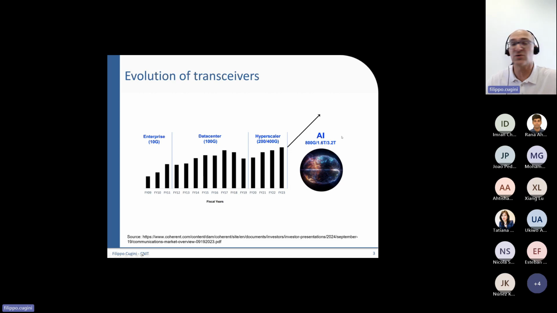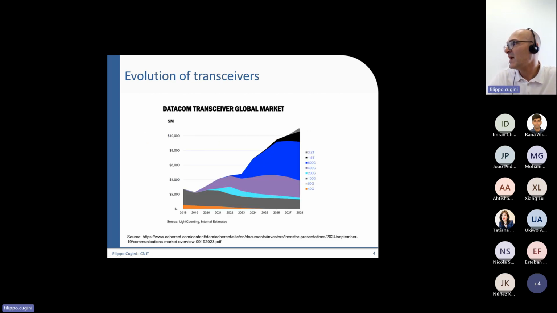So the telco sector, the telecom sector, can also take advantage of this huge growth and technological improvement. Just to give you one last slide of context, here is how the evolution is moving in recent years, where you can see an incredible number of higher-speed transceivers that are at least at 800G, but soon will be available at 1.6T and even 3.2T.